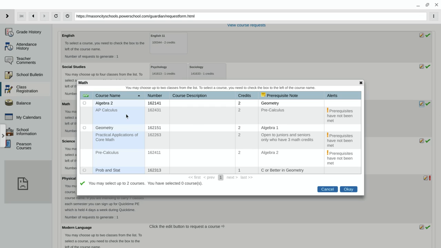and it will tell you which courses you can and cannot take based on what you have already taken and passed. So it'll tell you about prerequisites for certain courses. For example, I'm not able to choose pre-calculus because I haven't met the prerequisites yet for that class, which is taking and passing Algebra 2. I can only select the ones that I've taken care of for the prerequisites. So I'm going to select this particular one here,